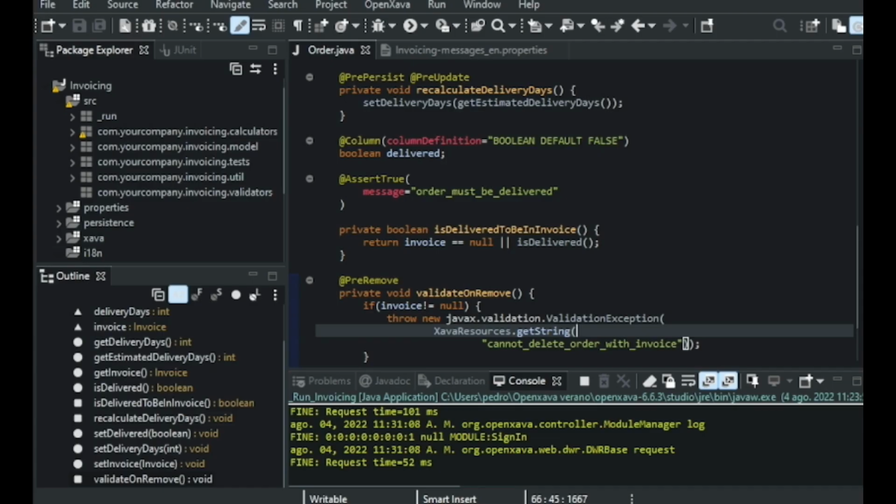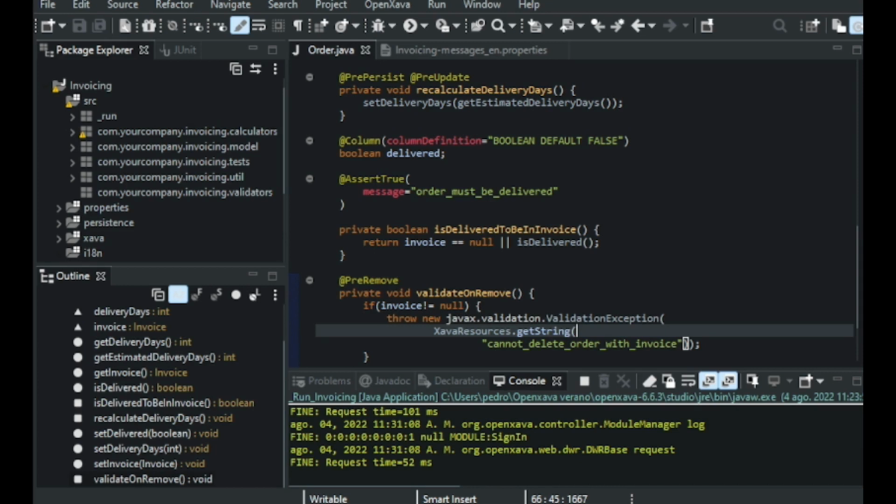This validation will be processed before the removal of an order. If it fails, a validation exception is thrown. You can throw any runtime exception in order to abort the removal. We have done the validation in a single method inside the entity.